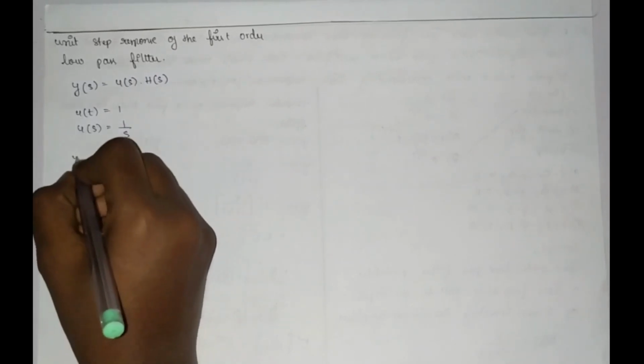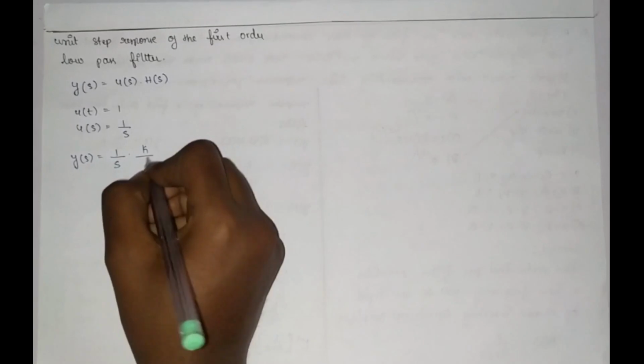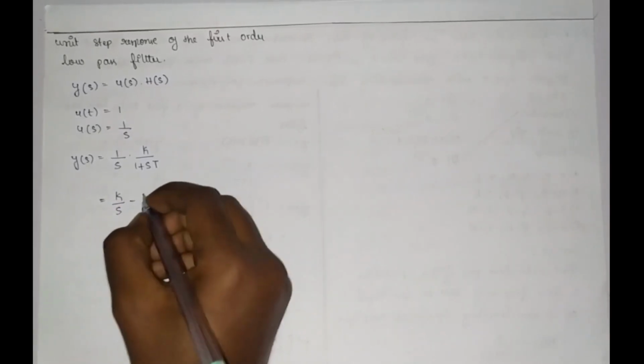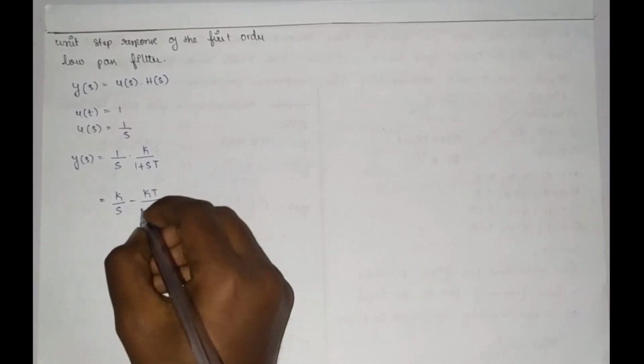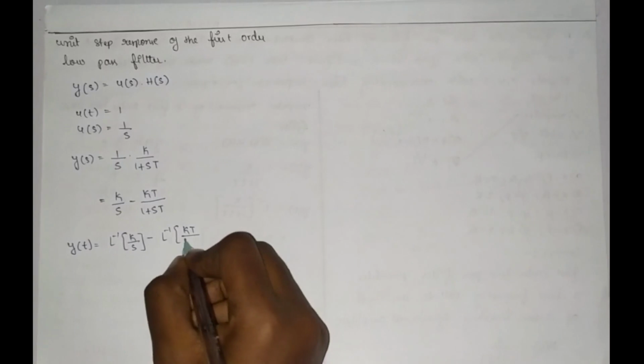So, Y of s is equal to 1 by s into k by 1 plus st. If we apply partial fractions, it becomes k by s minus kt by 1 plus st. Therefore, y of t is equal to L inverse of k by s minus L inverse of kt by 1 plus st,